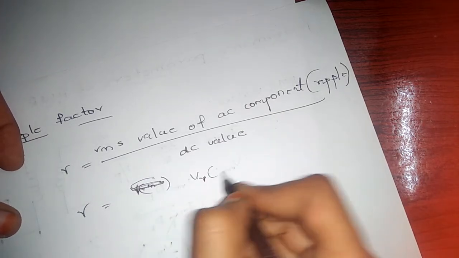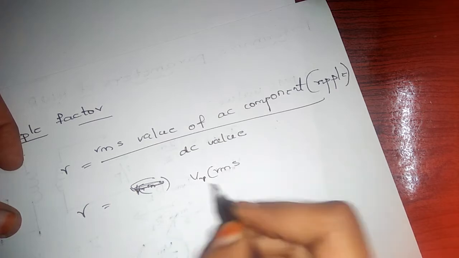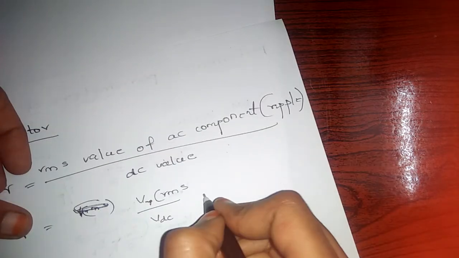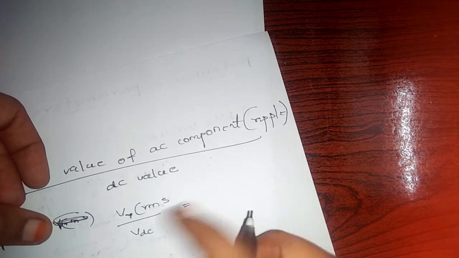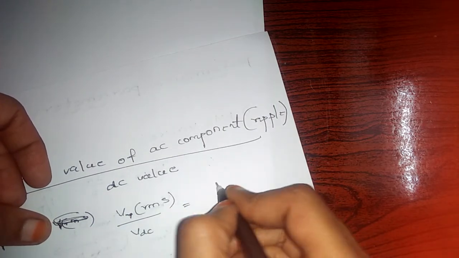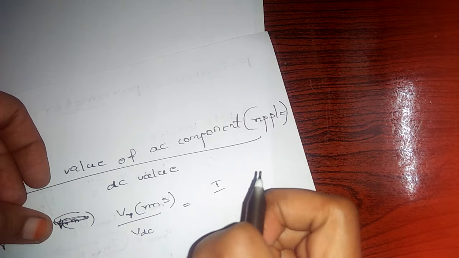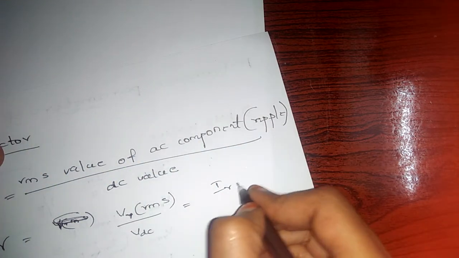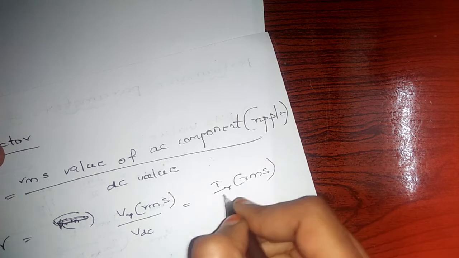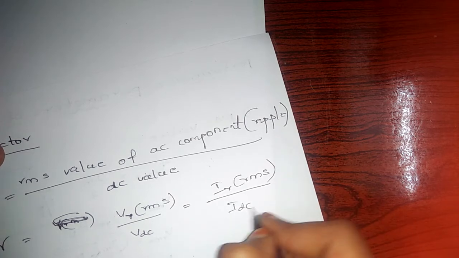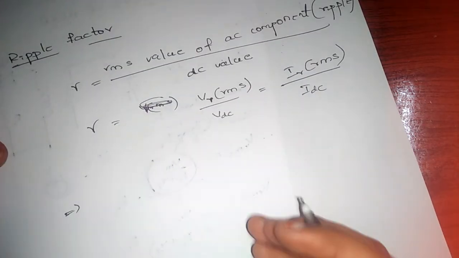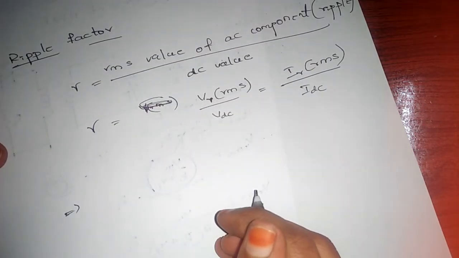And then for current, Ir(RMS), the ripple current in RMS, and then IDC we know. But in simple form we have an equation that I square of RMS is equal to IDC square plus